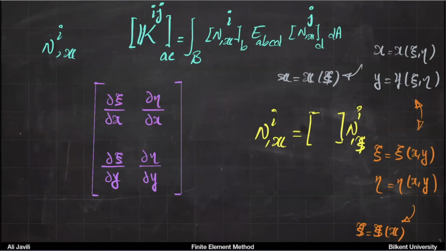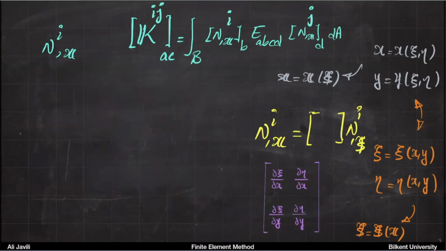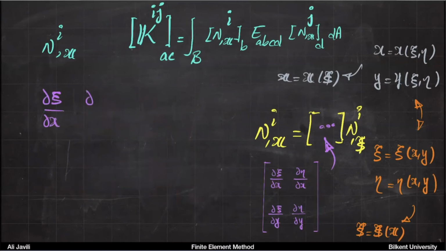So this is the one that we are not sure how to call. Okay, but this is essentially this thing that is going there. Now, if you have a matrix like this, derivative of ξ with respect to x, derivative of ξ with respect to y, derivative of η with respect to x, derivative of η with respect to y,